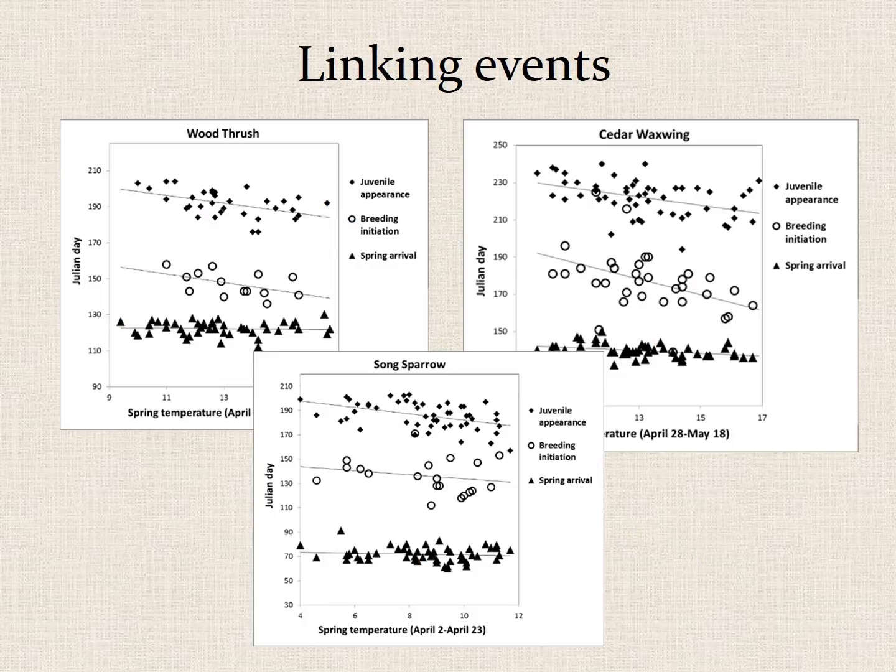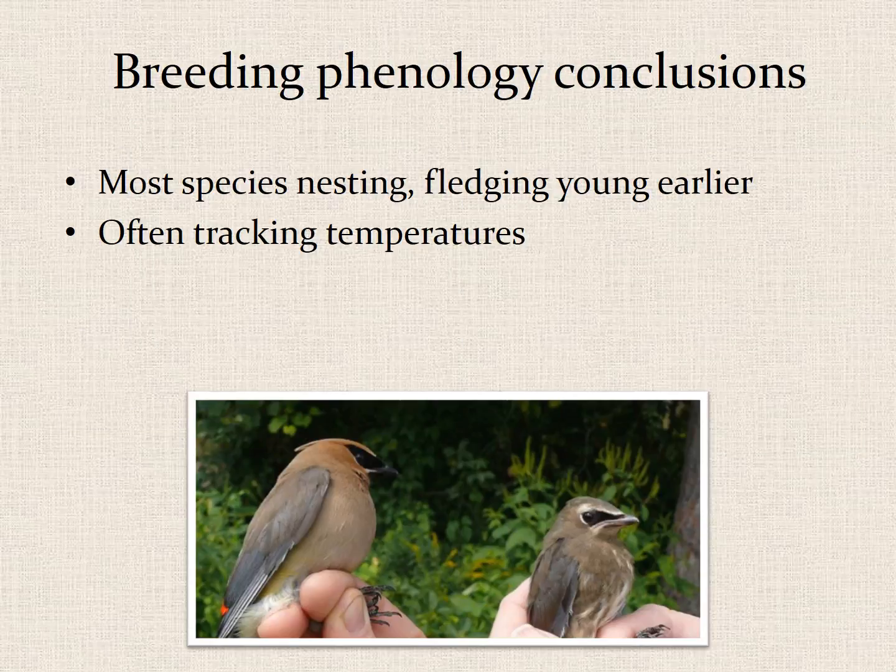These figures really illustrate this well, I think. On the bottom, we have wood thrush, cedar waxwing, and song sparrow, species that are pretty different in terms of their breeding and migratory strategies. And this is with spring temperature on the x-axis. So with increasing spring temperatures, we find that the 10% arrival day is either slightly advancing or not much at all. Whereas the appearance of breeding condition females, which we were looking at for a subset of the data, and the juvenile appearance data are both advancing with increasing spring temperatures. So this is showing that these birds in warm springs are perhaps initiating breeding earlier, accounting for the advancement in appearance of juveniles. So just a few wrap up